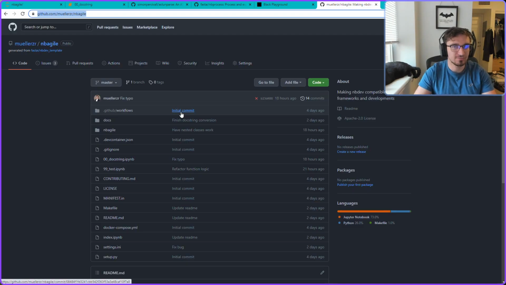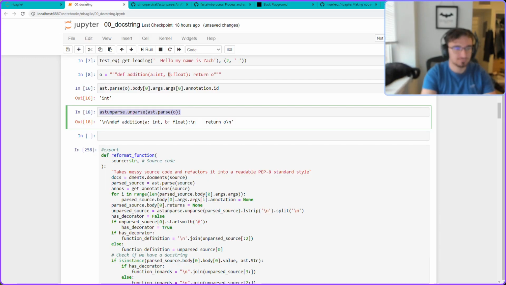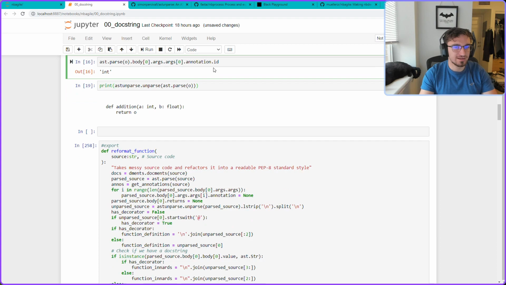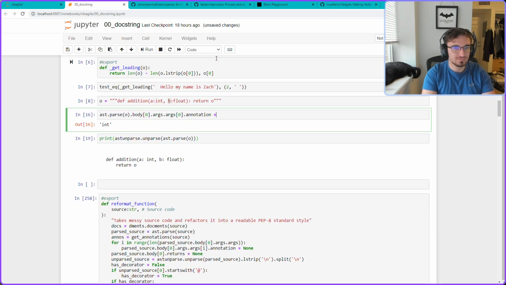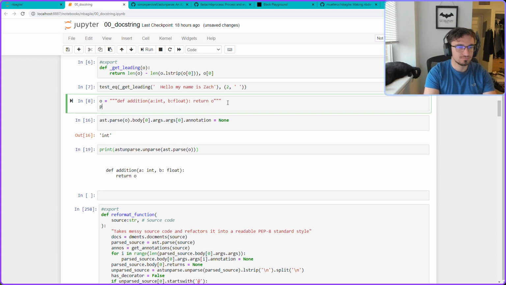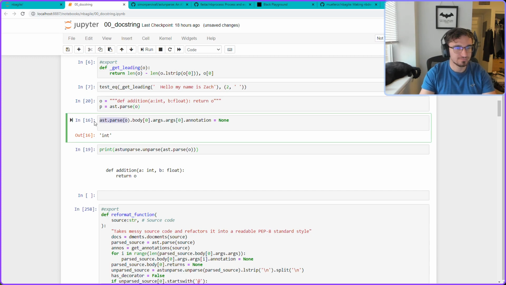I'll go ahead and print this out. That's not what I wanted. That way it's pretty for us. But if I set this annotation to none for both the first and the second variables,